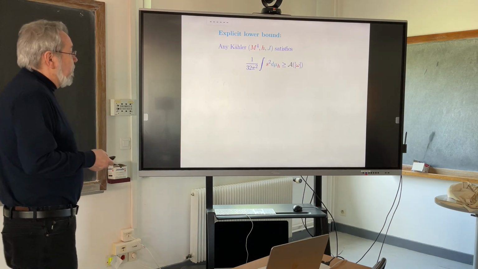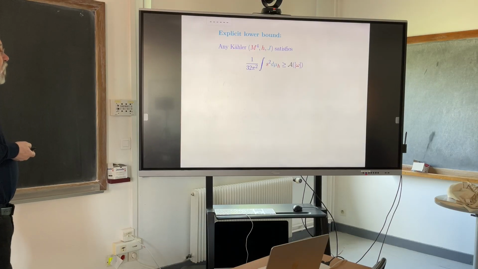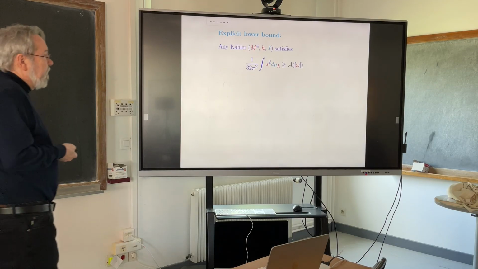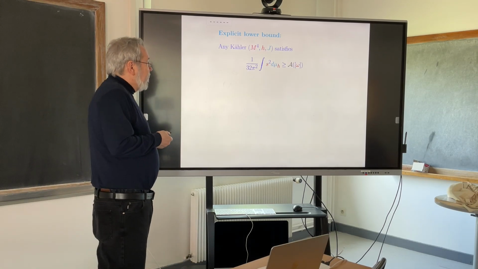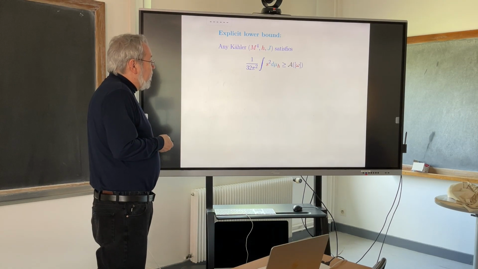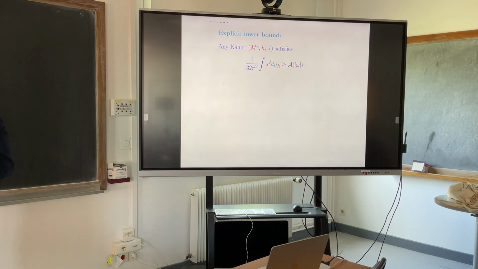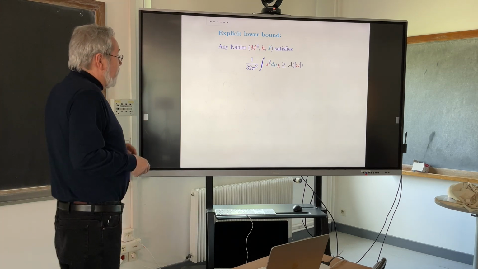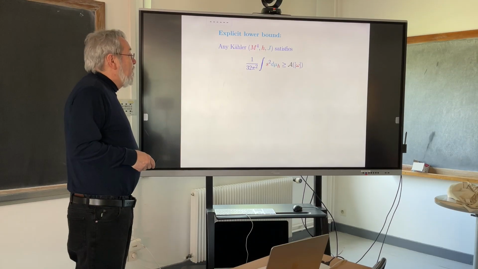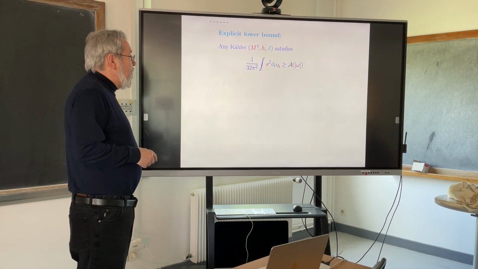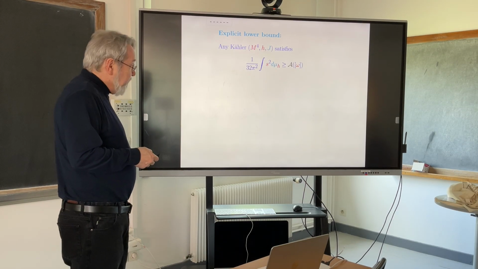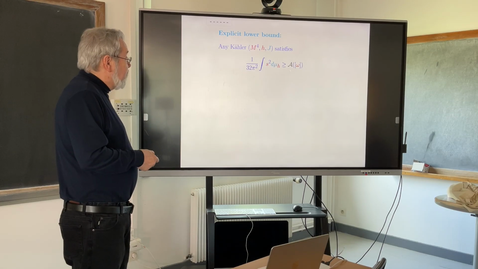All right, so the way that these things work is that for any Kähler metric, there is a lower bound for the integral of the scalar curvature squared, and in spirit, you might say this is a little bit like things we were doing before, trying to find lower bounds for the integral of the scalar curvature squared using Seiberg-Witten theory, but now we're looking only among Kähler metrics, and the statement is that there is a lower bound expressible in terms of the Kähler cone,